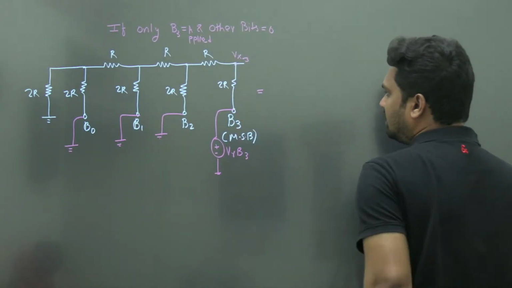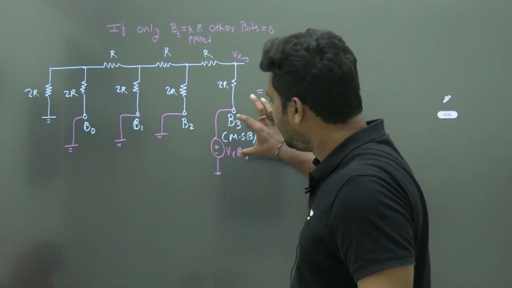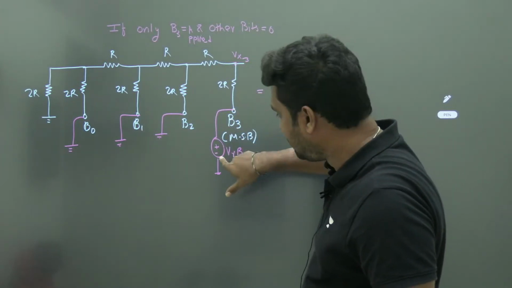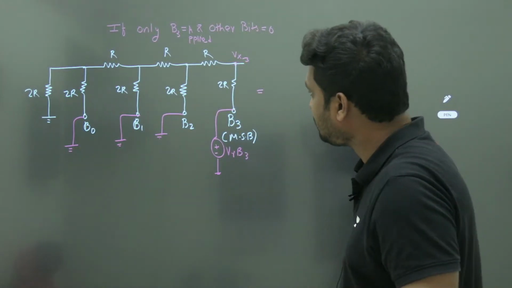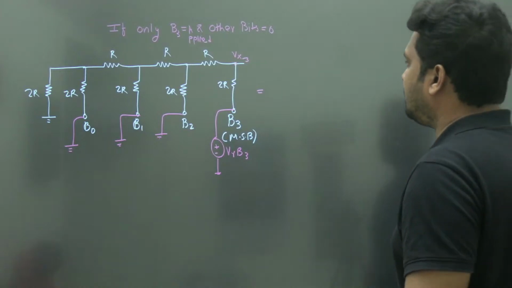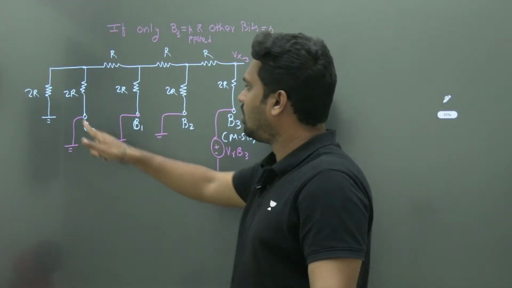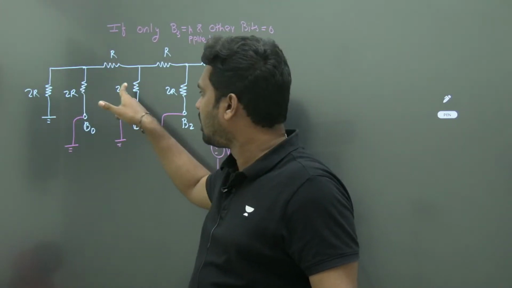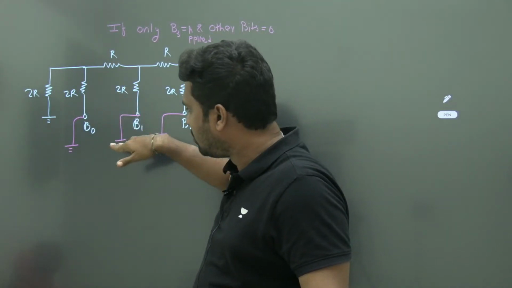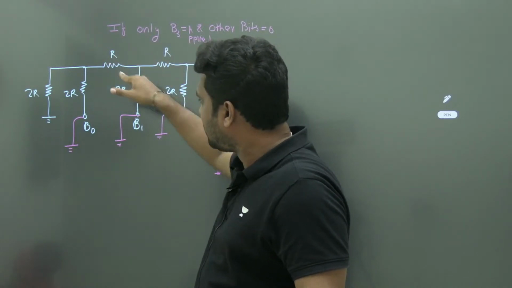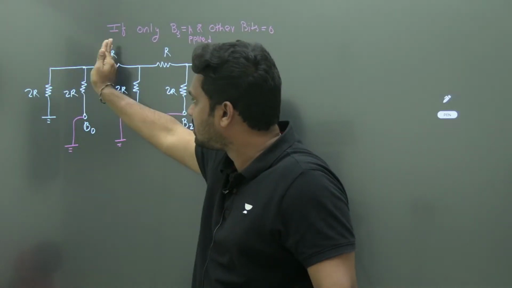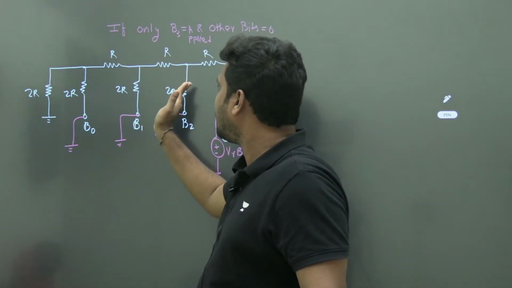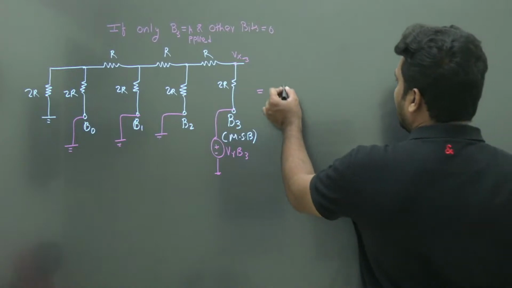So let's find it. Here, I am saying that if V3 is 1, then VR will come, and if V3 is 0, then you get 0 volts. Therefore, VR into V3 is the equation. Only V3 is applied, the remaining bits are 0. Now you tell me, 2R parallel with 2R is R, R series with R is 2R, 2R parallel with 2R is R, because they are grounded. This repeats: R series with R, 2R, parallel with 2R, R, series with R, 2R. So the equivalent here is,